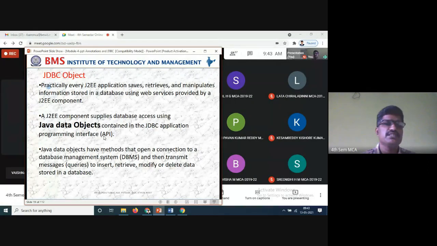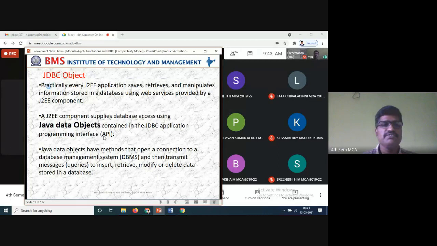The first one is called the JDBC objects. So you have the JDBC object. When you are creating the objects, with that object you are calling some of the database values, or retrieving the information, or inserting the values, or modifying, whatever it may be. So based on one object you are doing some operations, that's it. I will be calling it using that object dot method name. So in that method name, whatever is there, it will be doing the operations.